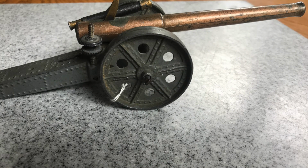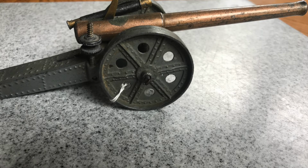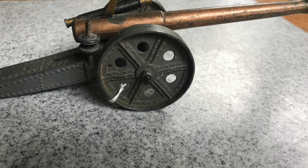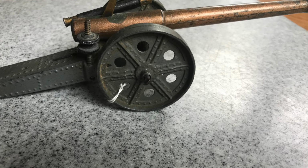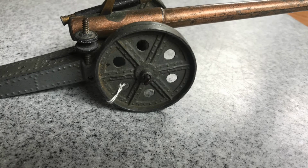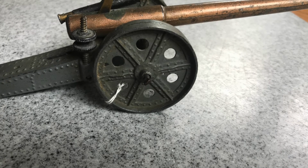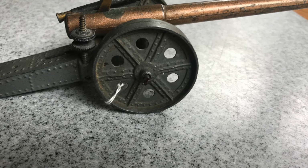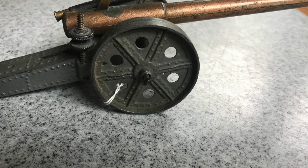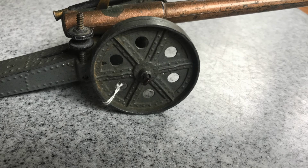My number 10 on my list is Britain's number 1264. Yes, you heard that right, number 1264, 4.7-inch naval gun. This I picked up in an Ontario antique store. It is the earliest version of what later became the quintessential number 9730. This gun has no front shield. I'm not sure you can call it painted, but the barrel is a bronze color and the carriage is gray, as are the wheels. The spring mechanism for the firing action still works, as does the elevation screw, which is original. It has no Britain's markings on it, save for a reference number,